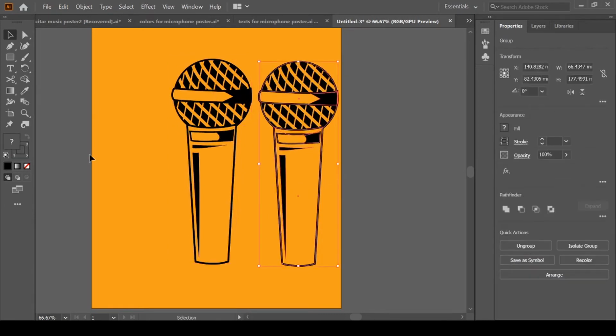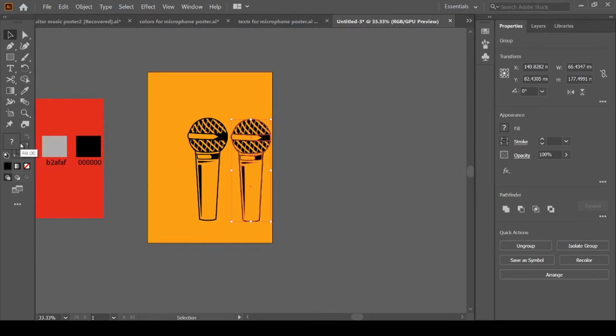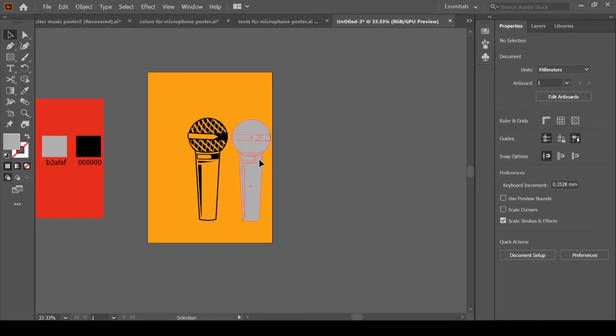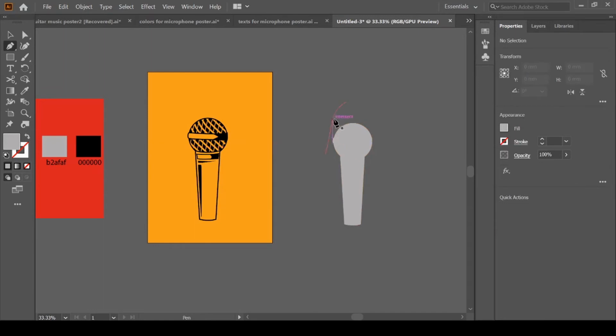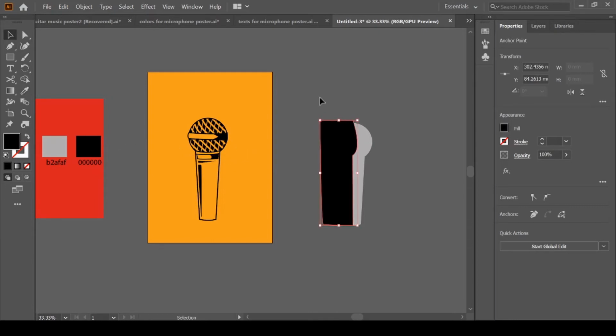We will duplicate this belt, press Alt for duplication. We will pick this gray color. Okay, bring it over here a little bit. Now grab the pen tool, P for pen tool. We'll add a curve, so click and drag, close the handle, close the path. I for eyedropper tool, pick this black color,